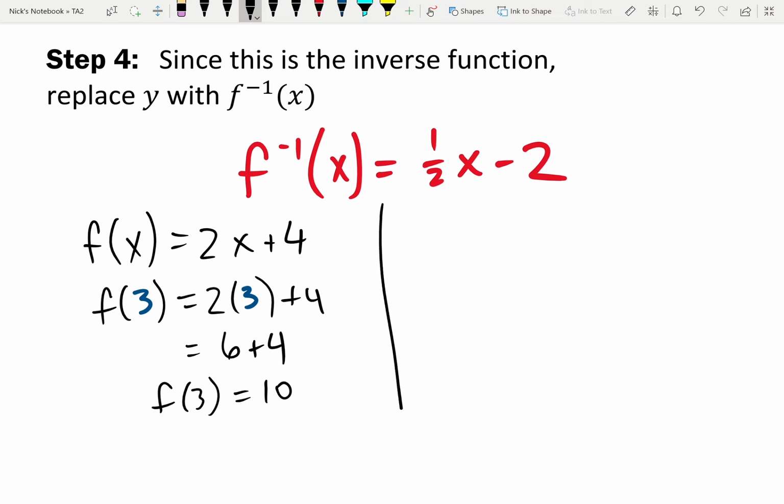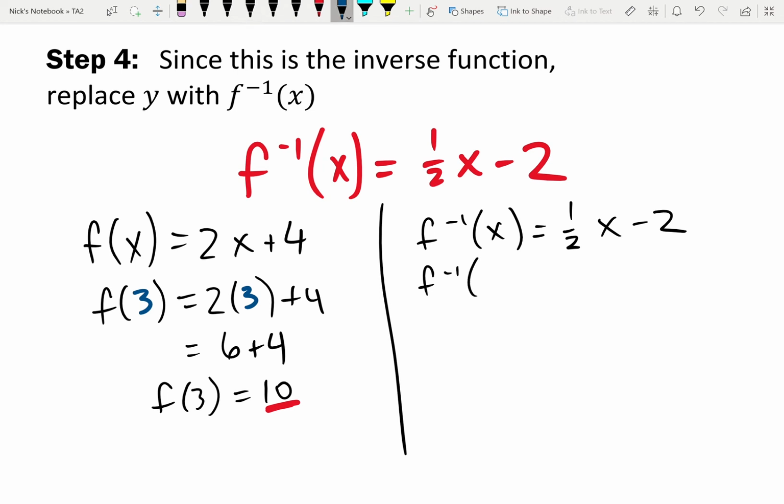So now let's see what happens if we plug in our inverse, or we plug in this 10 to our inverse function. So let's use our inverse function, 1/2 x minus 2. Now we're going to plug in our output. So we have f inverse of